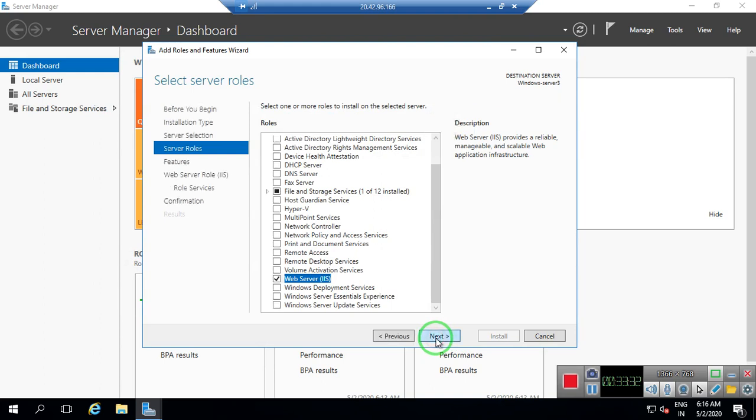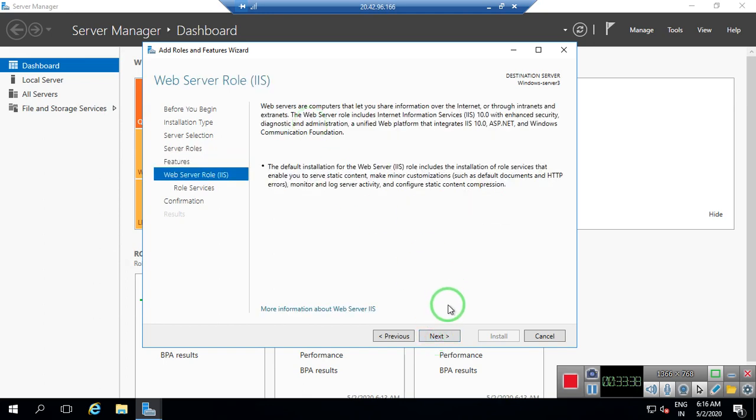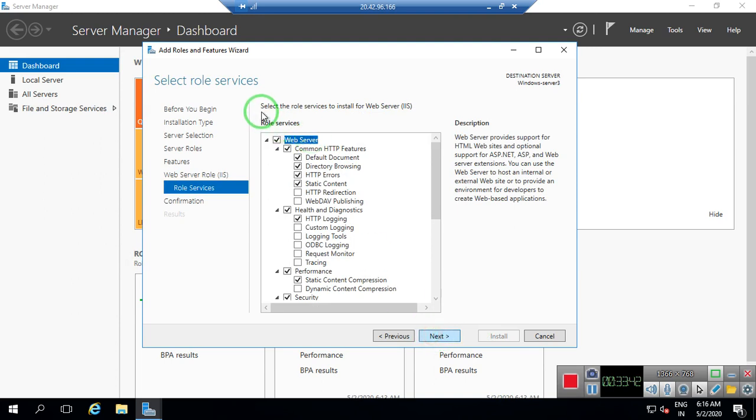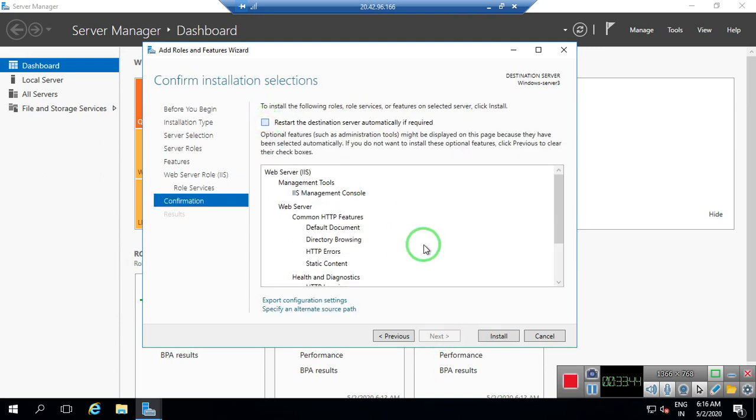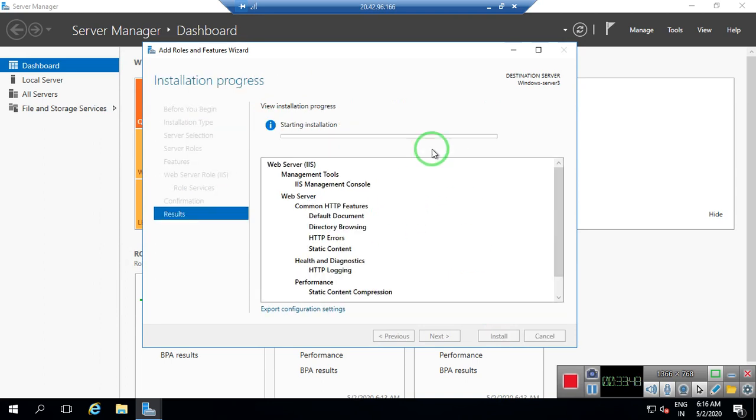Click on next, click on next again, click on next. Enable automatic restart, click on yes and install. So I'm going to install all web services on all three servers.